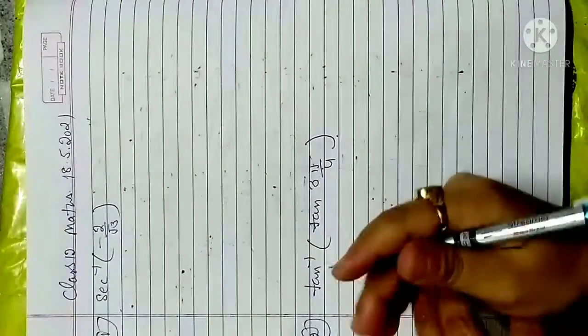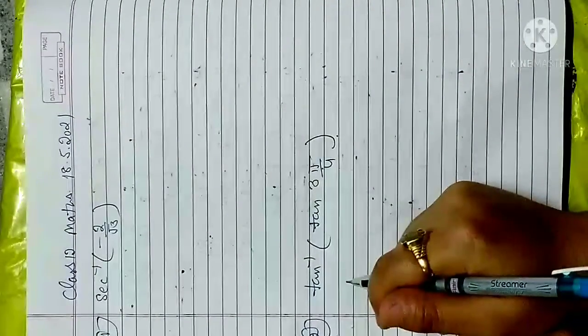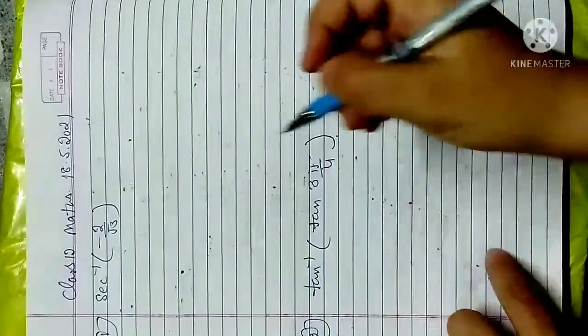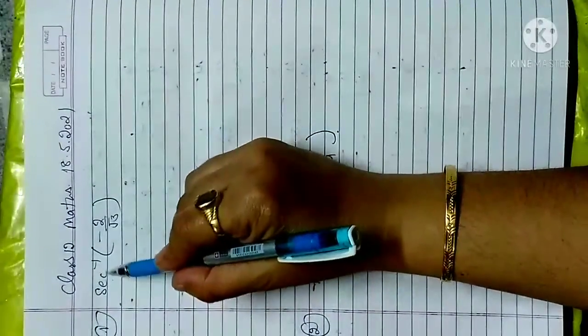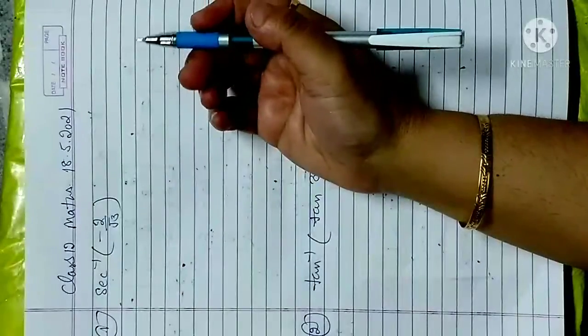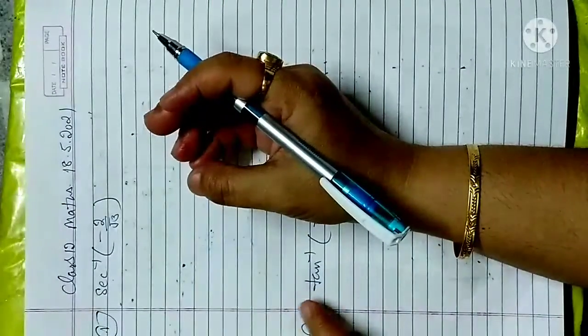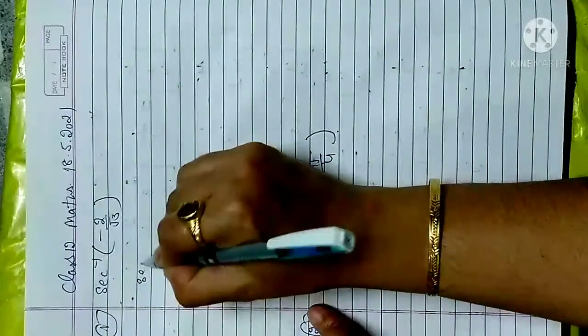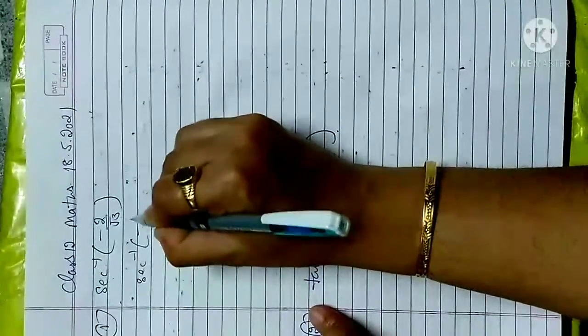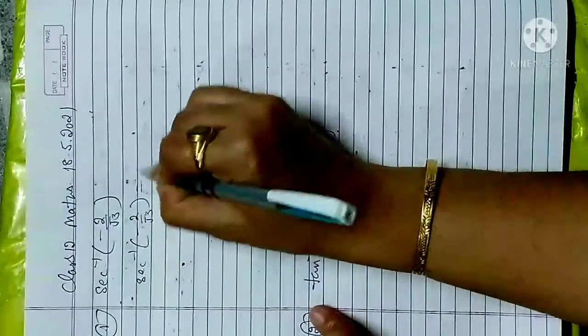Good morning everyone. Today we will discuss further topics of inverse trigonometric functions. Here we will discuss some questions, like if I have a question like secant inverse of minus 2 by root 3, how can I find the value? The first thing I will do, I will write secant inverse of minus 2 by root 3 is equal to